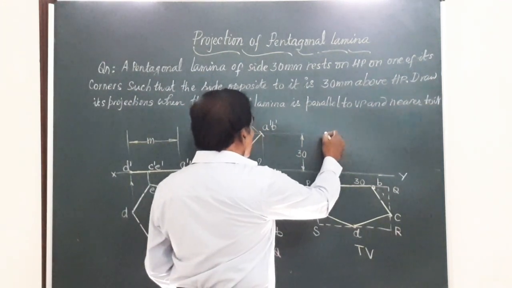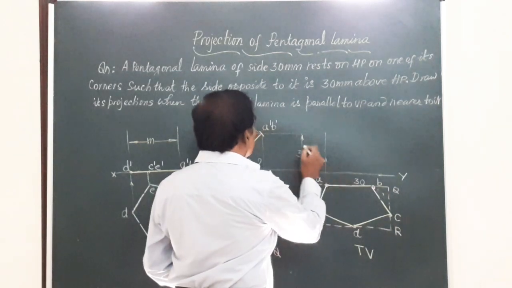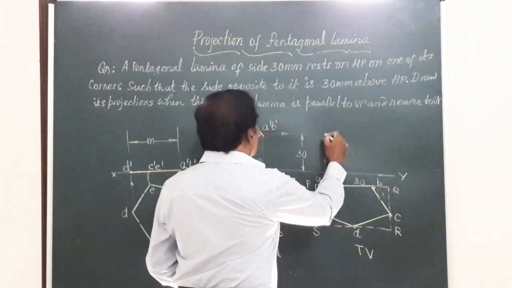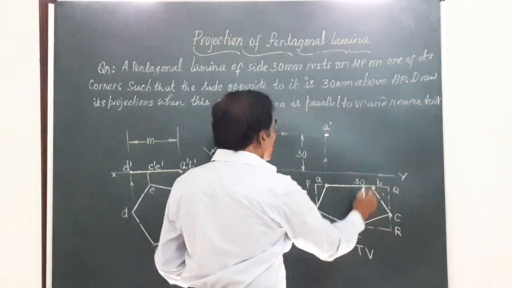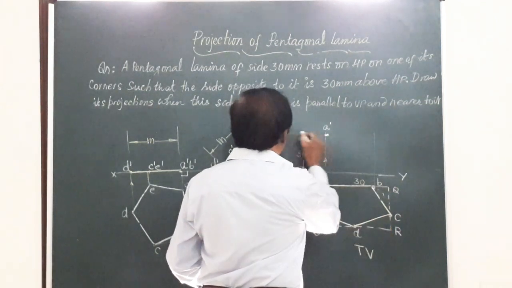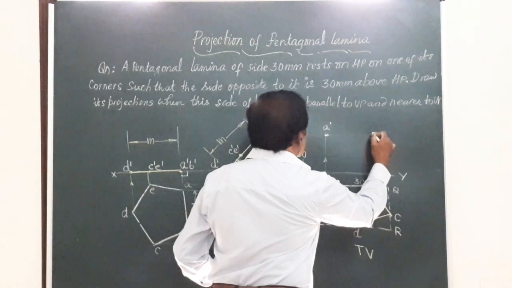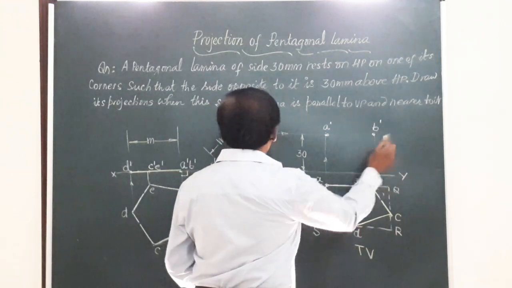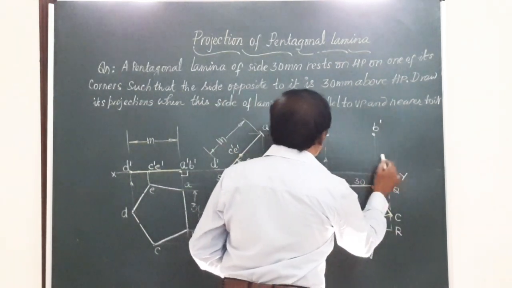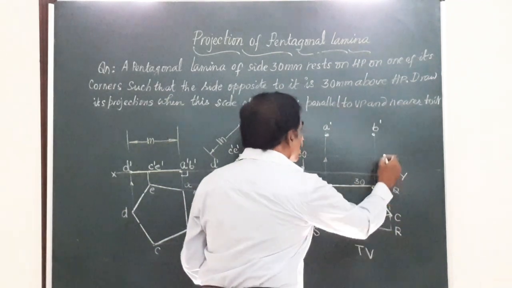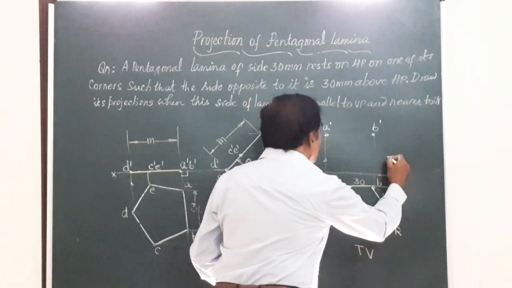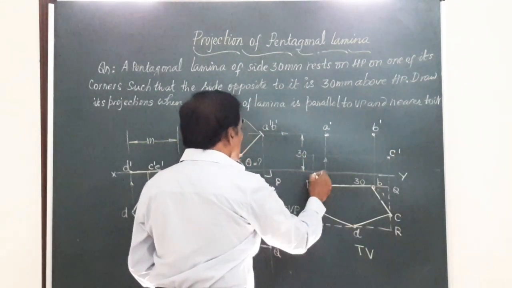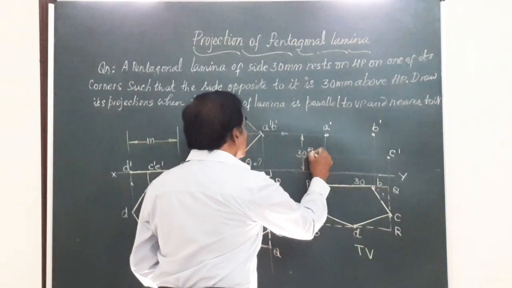Draw a vertical line from A and a horizontal line from here. The point of intersection will give you the point A, so I will call it A dash. Similarly, vertical line from B, horizontal line from B, continue that. This will give you point B, that is B dash. Similarly, vertical from C, horizontal from C. So the points C and E will lie here. The vertical drawn through this will give you the point C dash. On the other end, you will get E here. This point will give you E, that is E dash.